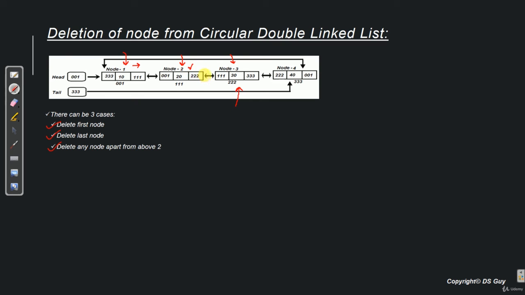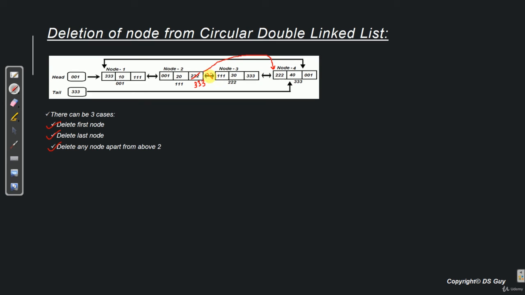Now all that we have to do is we have to establish a connection between node 2 and node 4. Now how do we do that? We simply update the next reference of node 2 and make it 333, which is the address of node 4. So now we have a direct connection between node 2 and node 4.